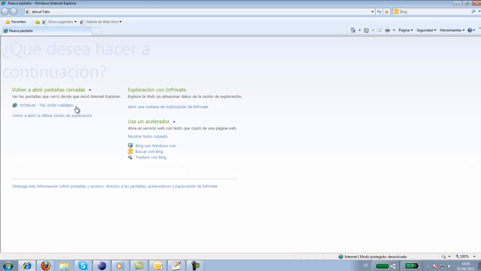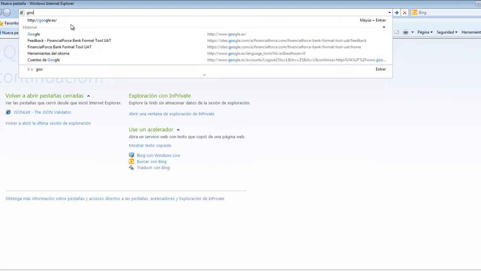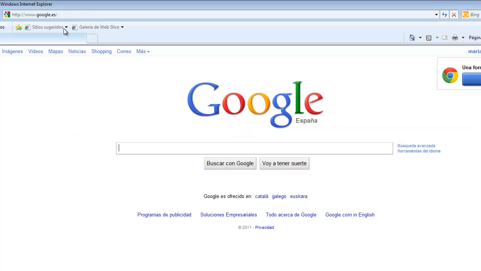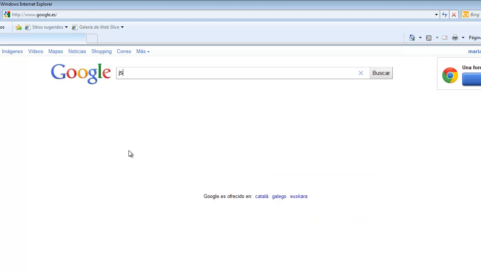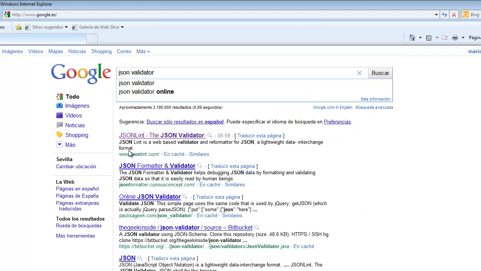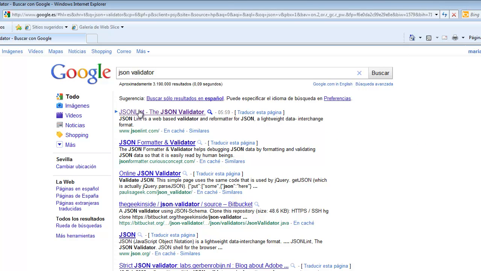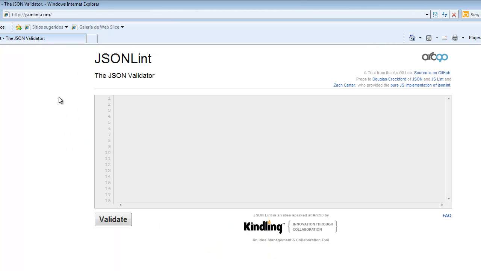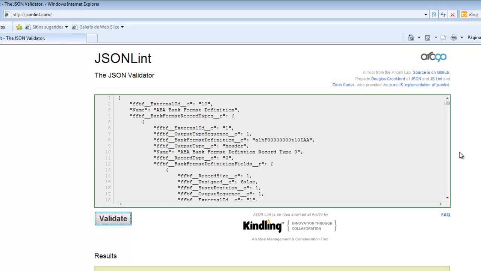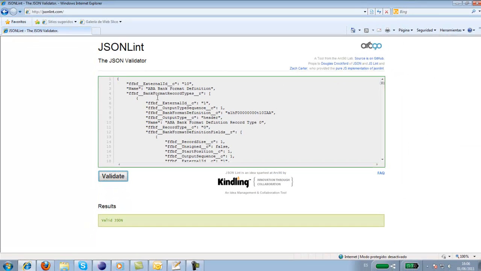So we can look in Google for a JSON validator, because our file is written in the language JSON. So we can paste it here, click on the Validate button, and now it's easier to find which field we want